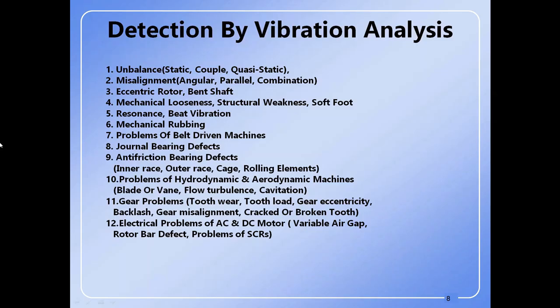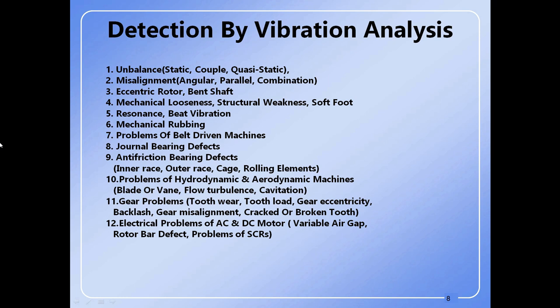Detection by vibration analysis: first, unbalance, static, couple, quasi-static type. Second, misalignment: angular, parallel, combination. Third, eccentric rotor, bent shaft. Fourth, mechanical looseness, structural weakness, soft foot. Fifth, resonance, beat vibration. Sixth, mechanical rubbing, problems of belt drive machines, journal bearing defects, anti-friction bearing defects: inner race, outer race, cage, rolling